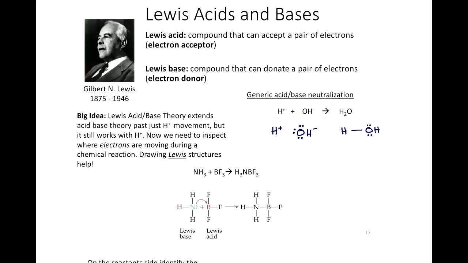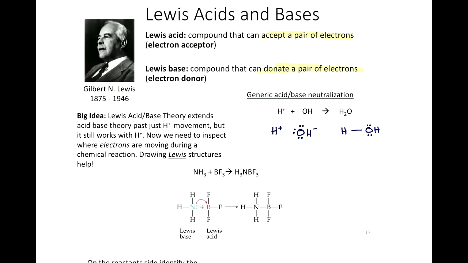So in Bronsted-Lowry acid-base theory, we looked at protons moving. In Lewis acid-base theory, we're looking at electrons moving instead, all right? But our answers are all still going to be the same, but we're thinking about electrons. So a Lewis acid is a substance that is an electron acceptor. It accepts electrons. A Lewis base is a compound that donates electrons. So different,